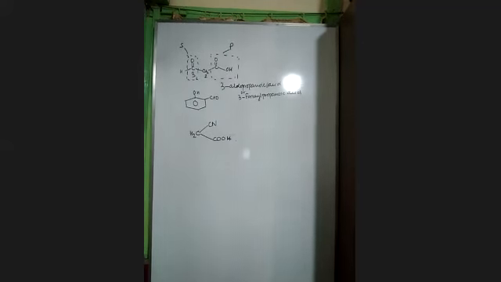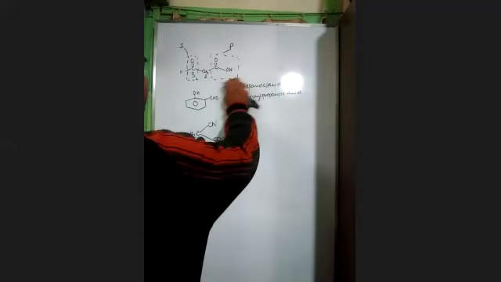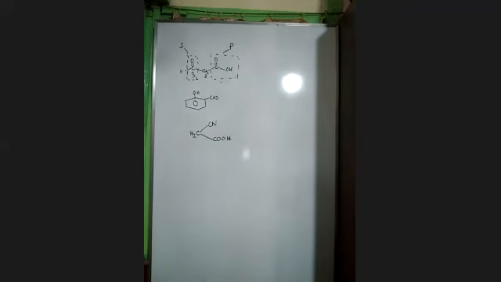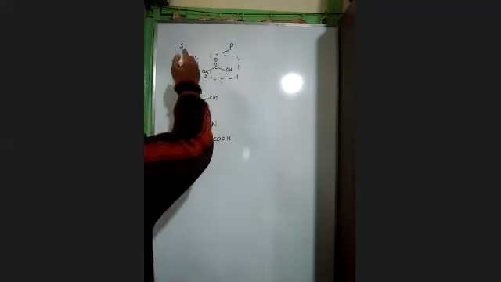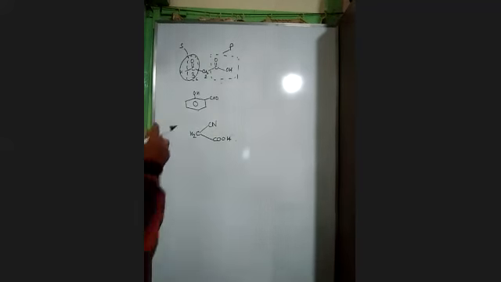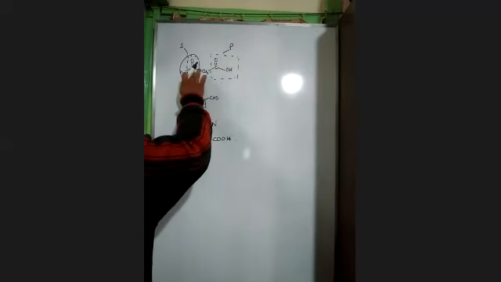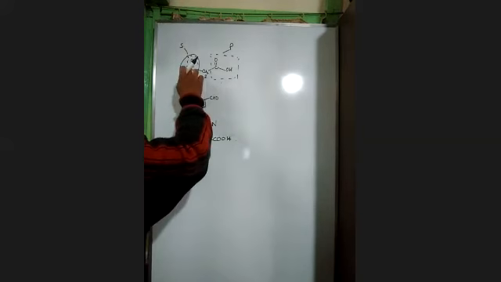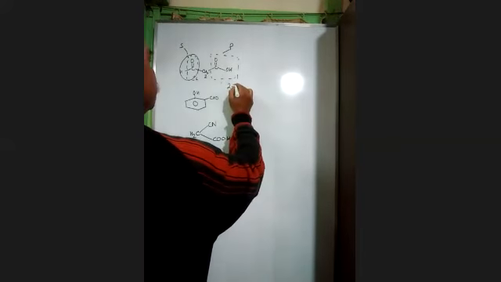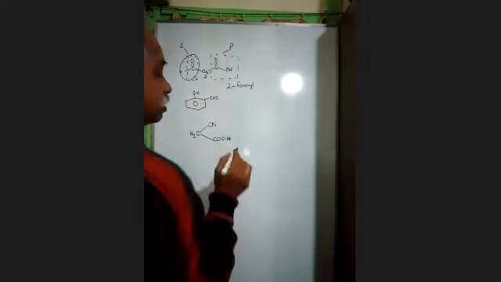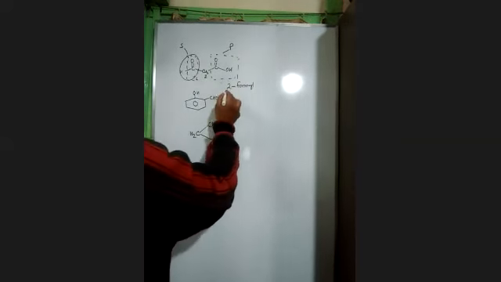Okay, see, please, one thing you remember, I made a mistake. This name, whatever you have done, is wrong. See here. Here we consider the entire group as a substitution. So in that case, we will not write here 3 because this group is bonded to this carbon. Whole group is substitution on this. So I cannot number it here. So it will be 2-formyl. I made a serious mistake. Sorry. 2-formyl